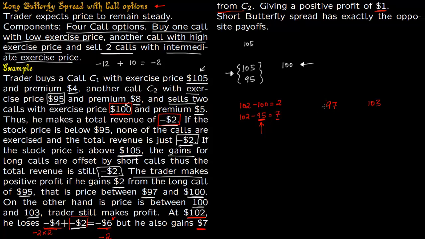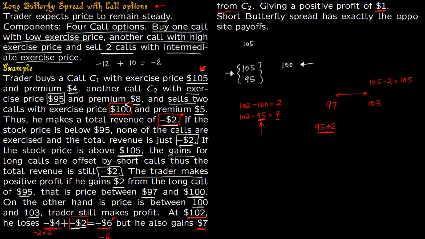So this 97 comes from 95, this 95 plus 2. So 2 is the revenue which was outgoing, so he has to make up this 2 here, so 95 plus 2, and this 103 comes from his other investment in call of exercise price of 105, and then you have 105 minus 2 will give you 103. So the long trader expects the stock price will be between 97 and 103, so he